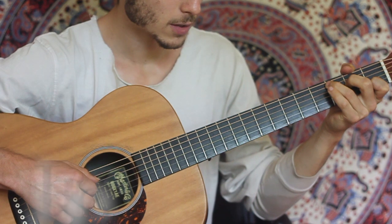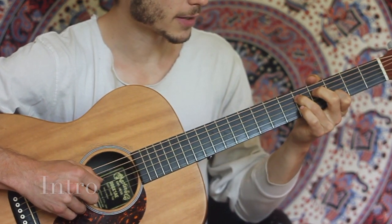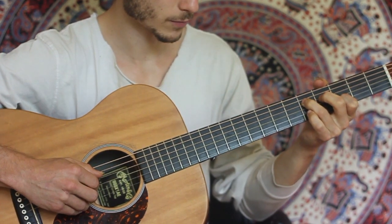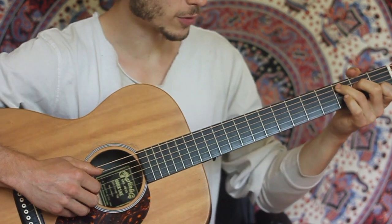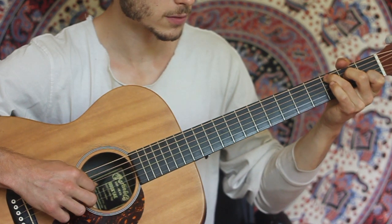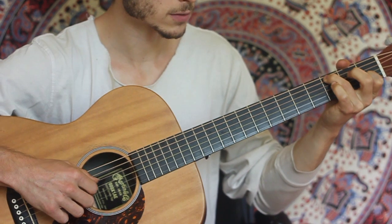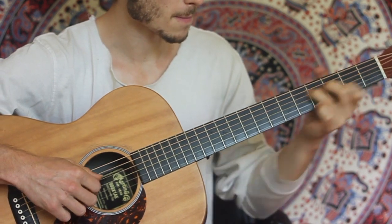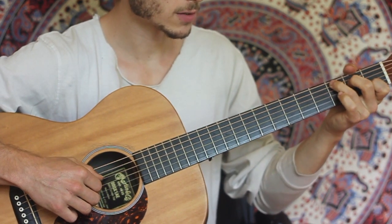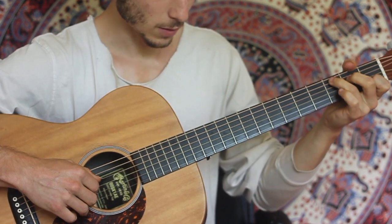C, then E, F, and then we slide that shape up to the third position for the G. So I'll give you an example of how the first part of the intro goes. Okay, so C twice, E twice, F twice, G twice, then repeat that, and when we go to the E,